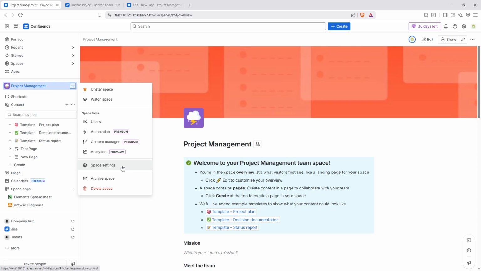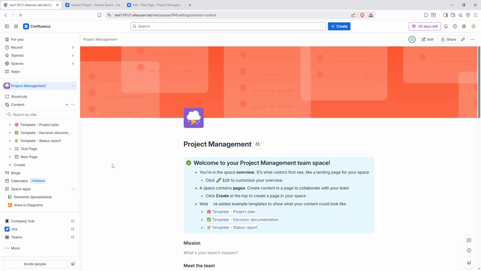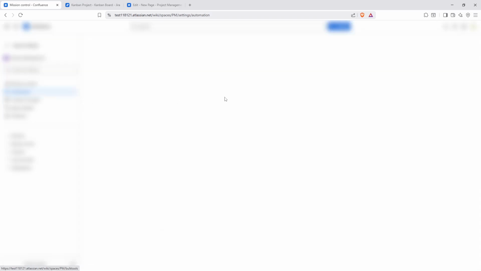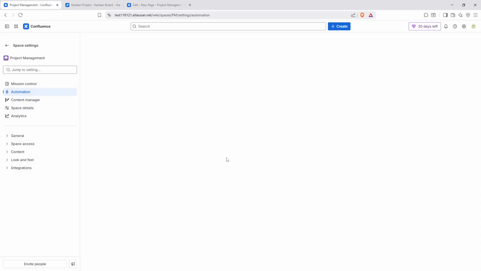First, navigate to your Confluence Spaces settings. Within the settings, you'll want to locate the automation section. Here, you'll encounter options for both global and space-specific automation. This is your starting point for setting up any automation rules. By focusing on space automation, you can tailor tasks to your specific area, ensuring the rules are relevant and helpful